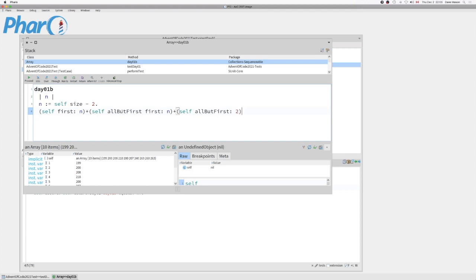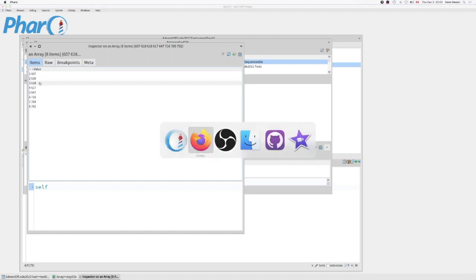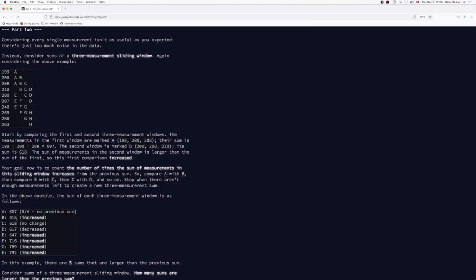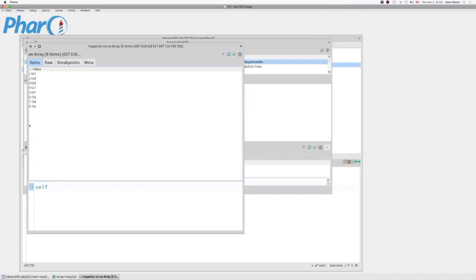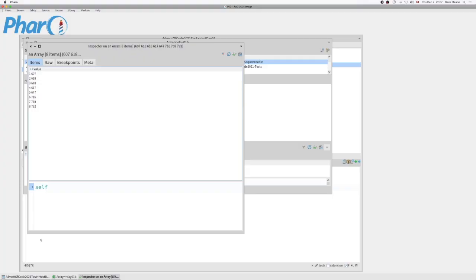So here we're throwing away the first value and then taking the next n values. Here we're throwing away the first 2 values, and because n is size minus 2, that means it's going to be the same size. So now if I look at this whole value and inspect that, I have 607, 618, 618. So going back over here, 607, 618, 618, 617. So I've got those values that I had before, or that they suggested. So now we're ready to